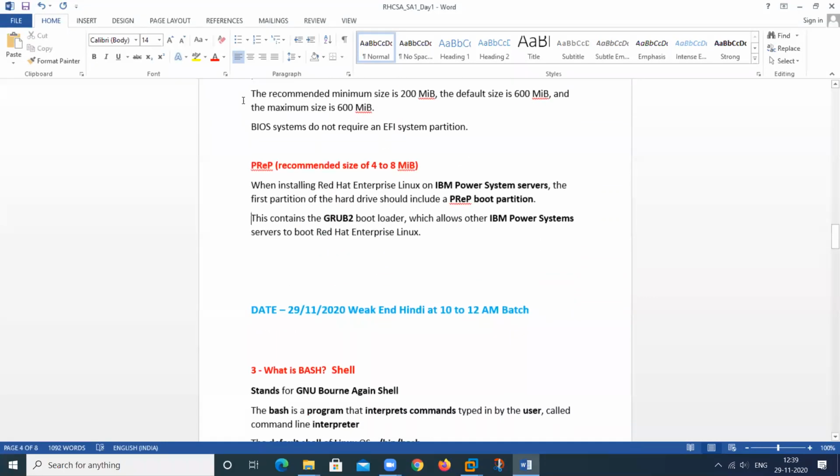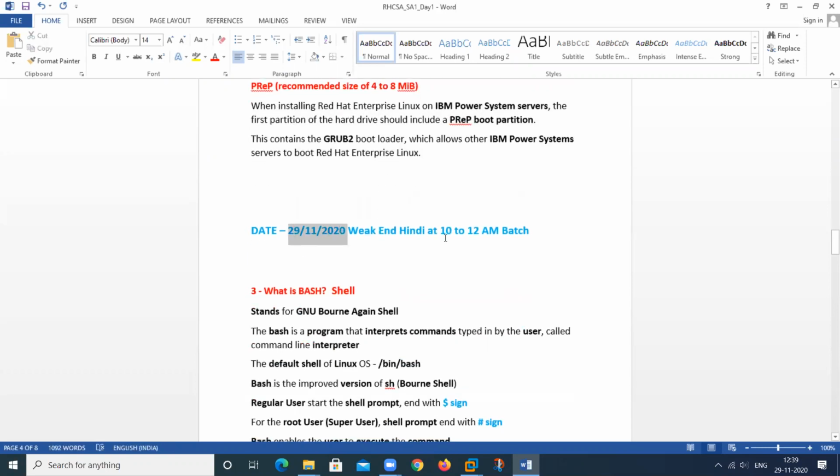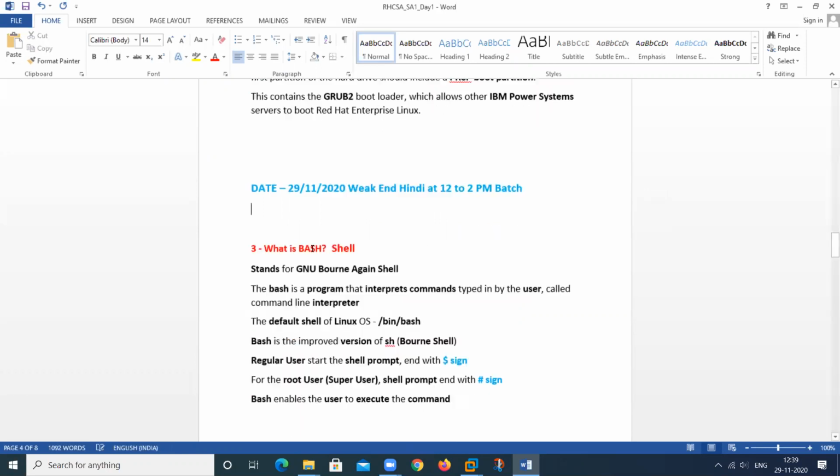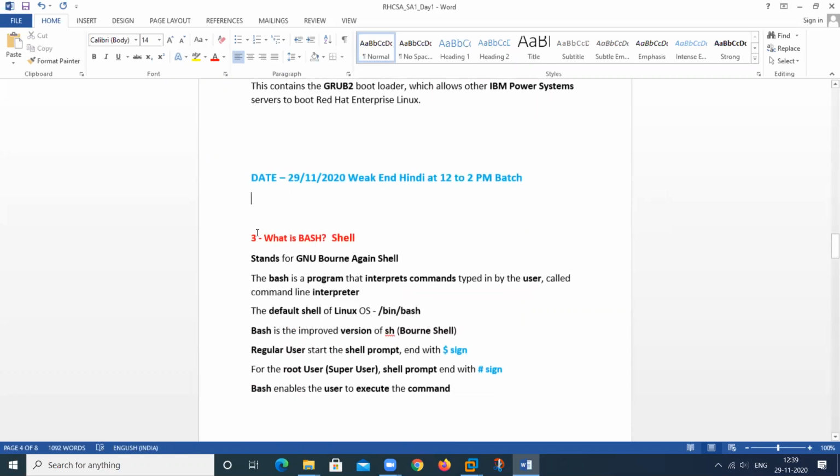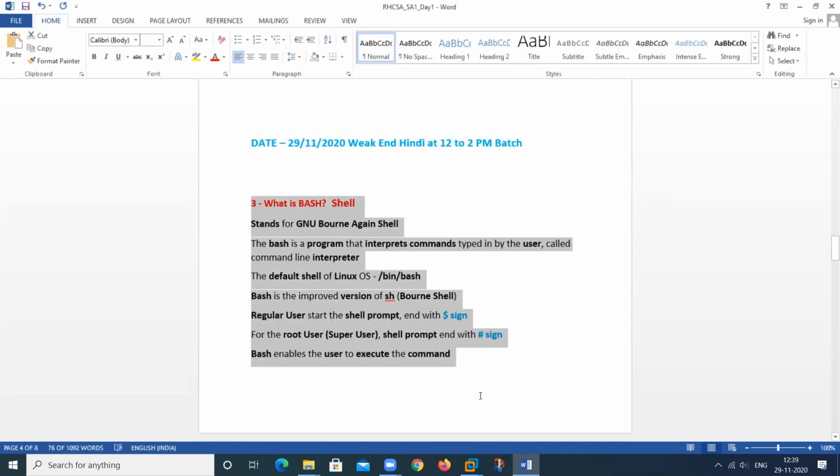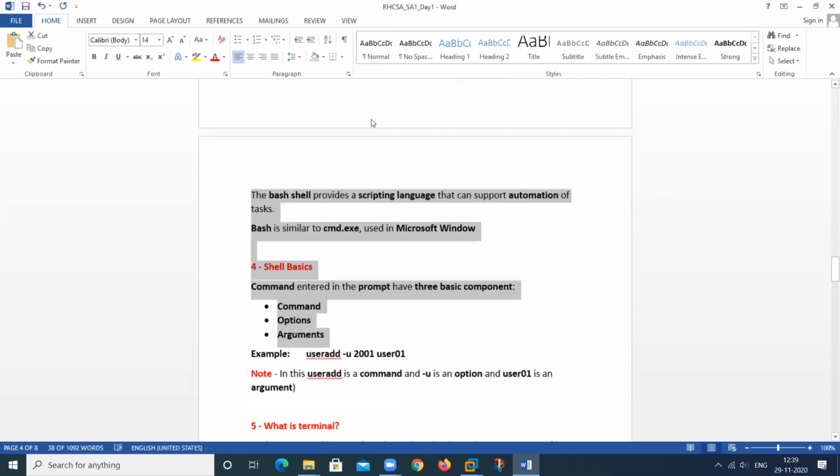So till here, I have completed in the day one class. From this one, I will start. It's 12 to 2 PM. In this session, we will discuss what is bash.